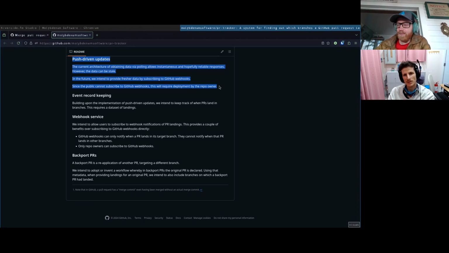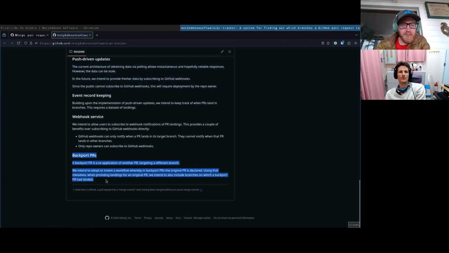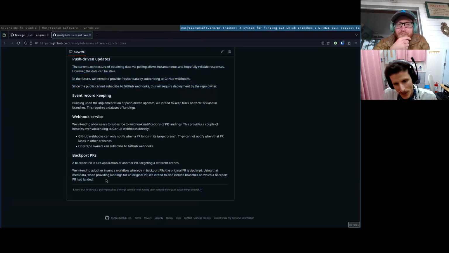So a high frequency, as much as GitHub allows, would be a reasonable substitute for that, depending on what GitHub allows. Yep. So we probably want to test that first, and then if it suffices, we deploy it for Nix packages, and then we go for backport PRs, because otherwise,